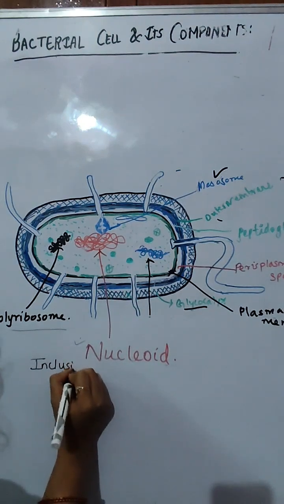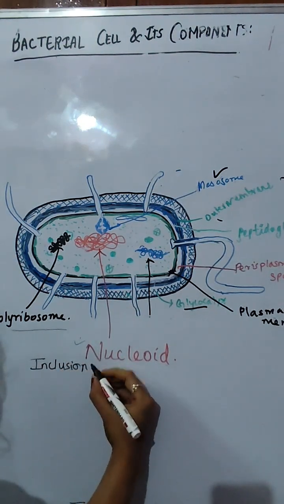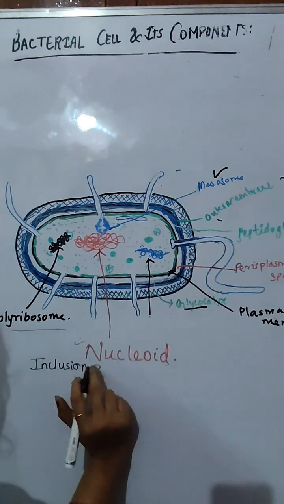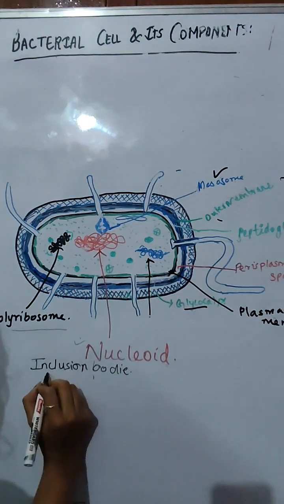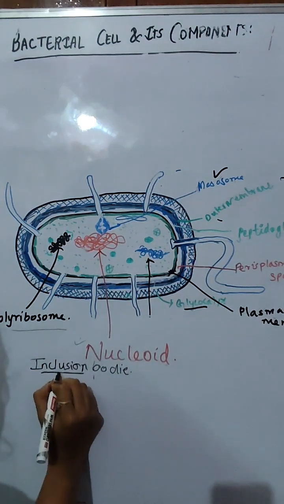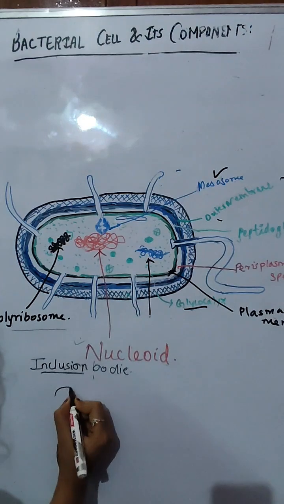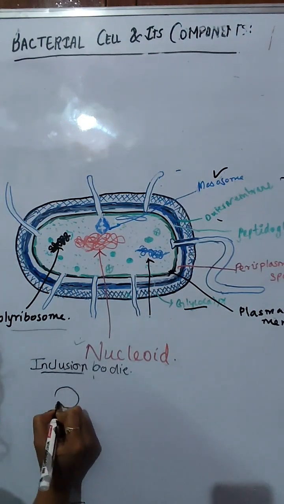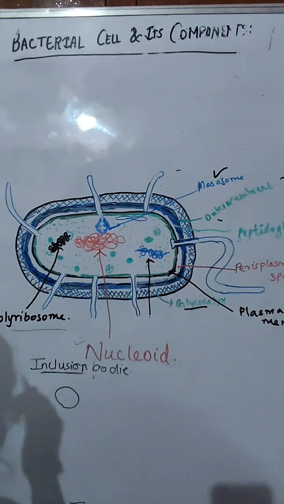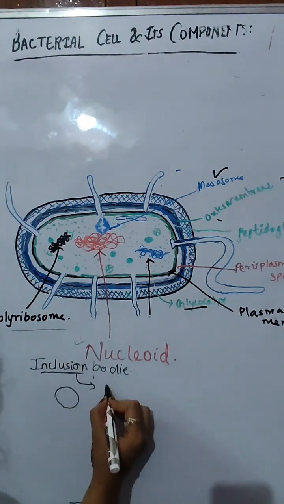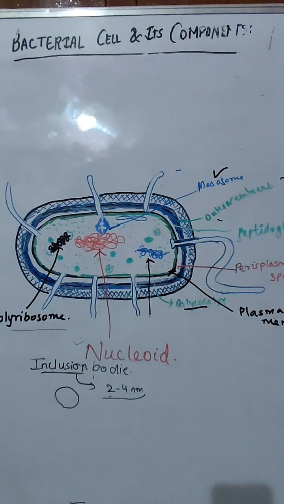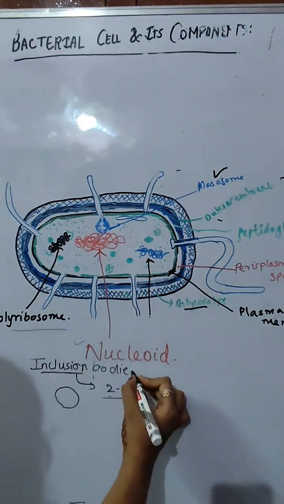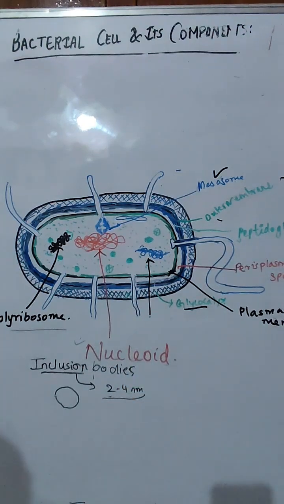What are inclusion bodies? These are non-living particles present in the bacterial cell. From the word inclusion you can understand it includes something which is essential for survival of bacteria. Inclusion bodies are 2 to 4 nanometer sized, thick bodies, present in different forms. Generally there are 3 types of inclusion bodies: